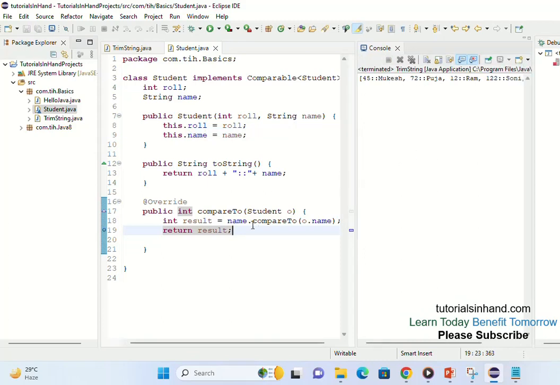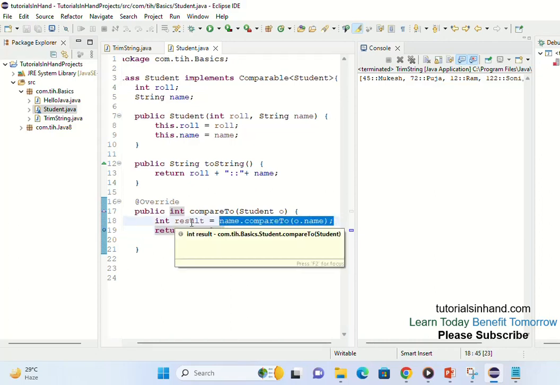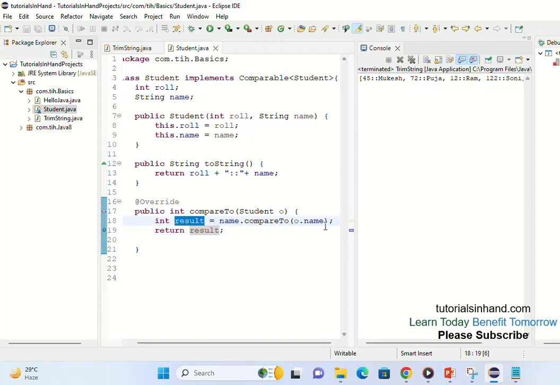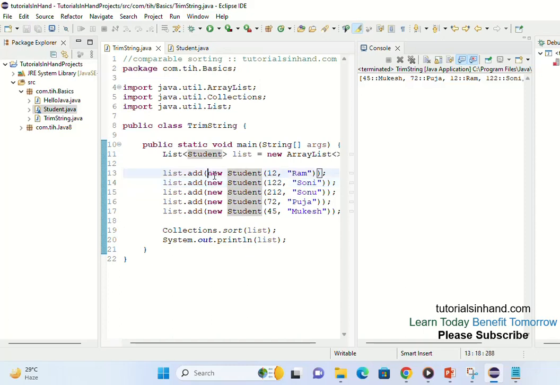Because this if else became illogical, because it is already comparing and giving you the result. It will give you 0 if both names are the same, it will return 1 if this one is greater than this one, and it will return -1 if this one is less than this one. But remember, the comparison is done in the lexicographical order. So this is very simple now, right? Now this is how you will compare the list of objects or any customized object with the help of the Comparable interface.